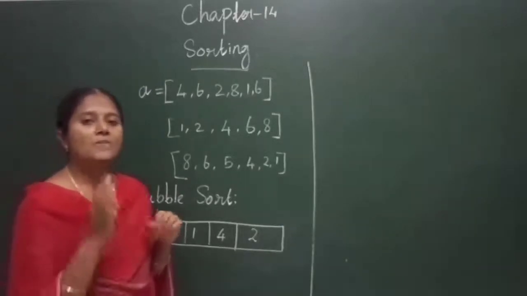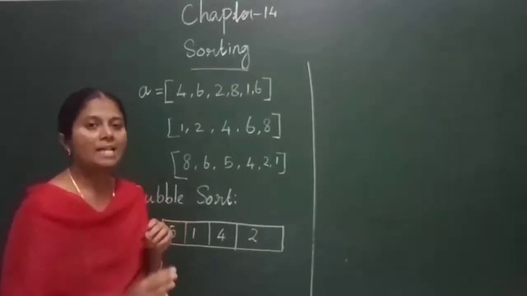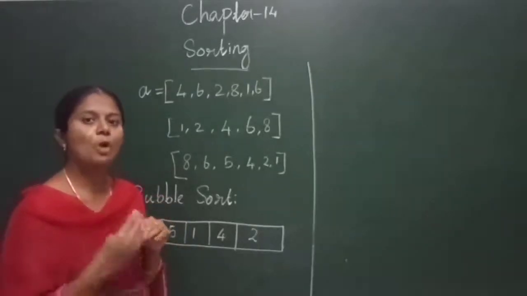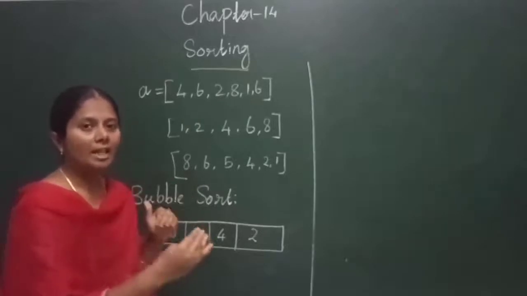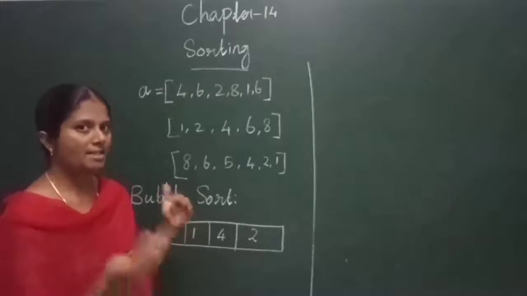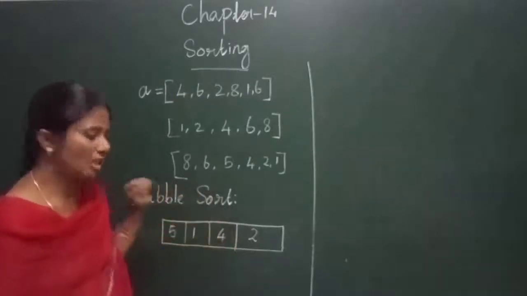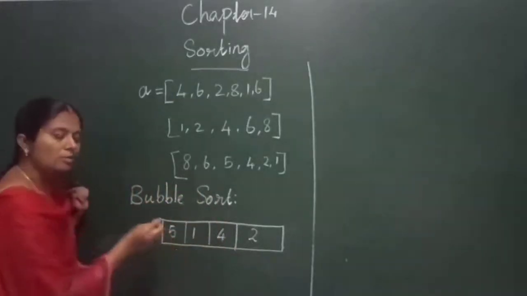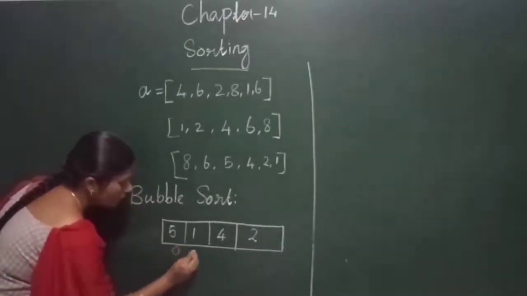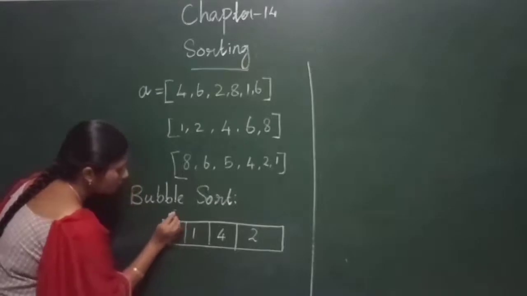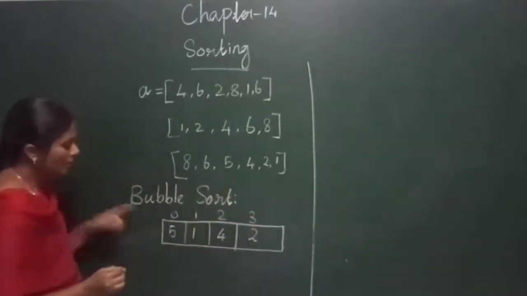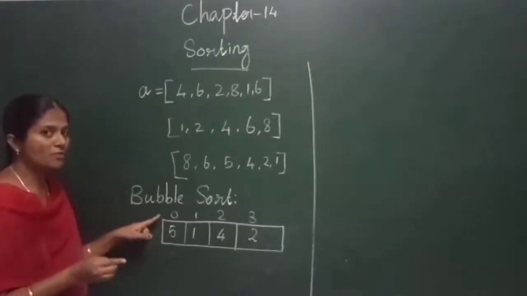You have to swap the elements repeatedly until the array gets sorted. So you arrange the numbers in the proper order until the array is sorted. We will see an example, then you can understand the concept of bubble sort clearly. This is the array. How will the array store the elements? It will start from 0, 1, 2, 3. Are you clear? The array starts the values from 0.